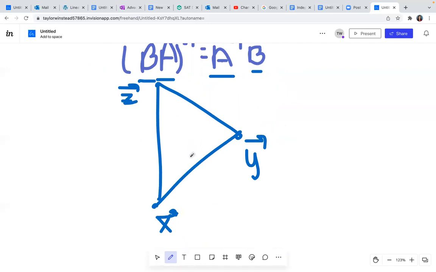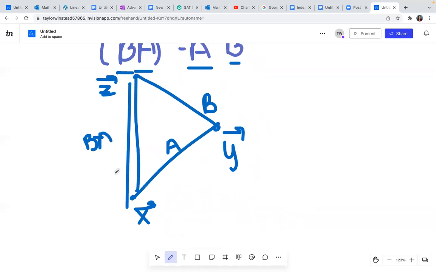Well, vector X times A is going to lead to Y. Vector Y times B is going to lead to Z. And so from here to here, you've got B times A. But if we go in the opposite order,